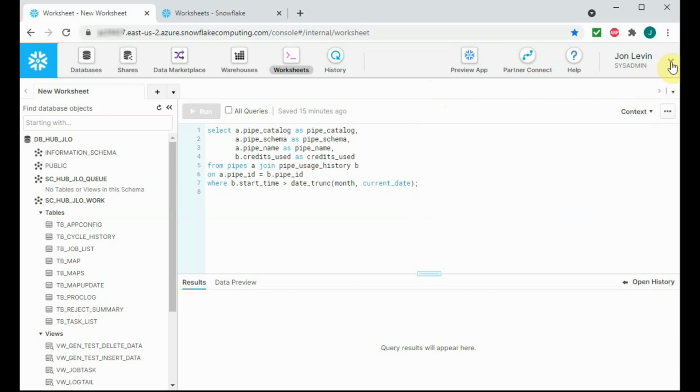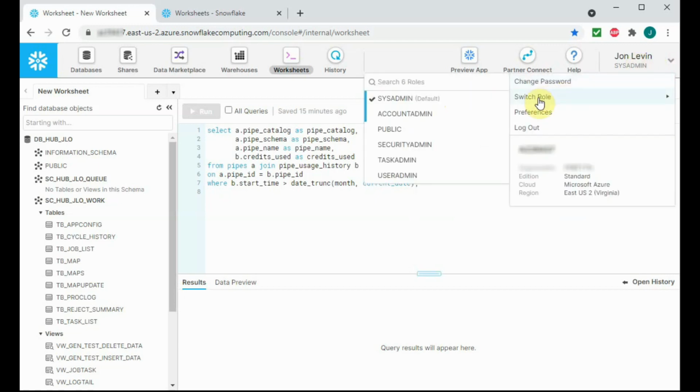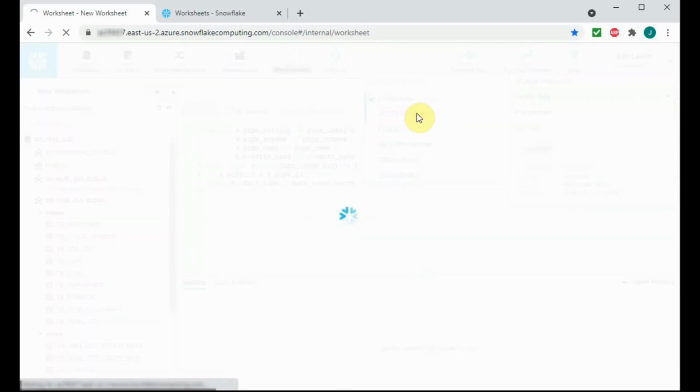I'm currently logged in as the sysadmin role. Because of my profile, I can change this to other roles. You can see we have account admin, which is the highest level role, security admin, and task admin, which is a role I have created, and then a user admin. If I go to the account admin role,